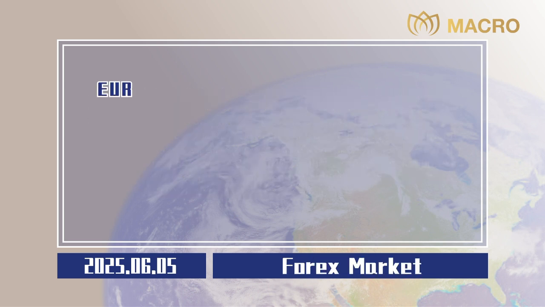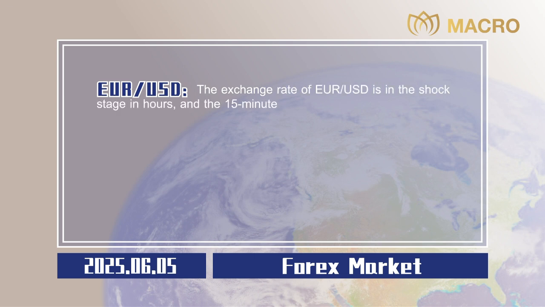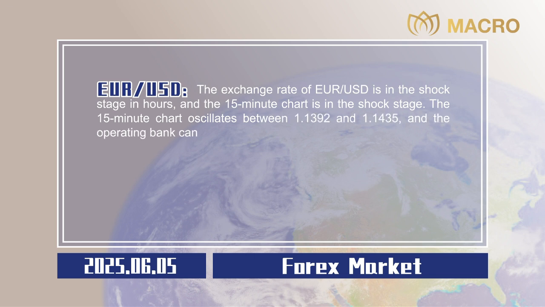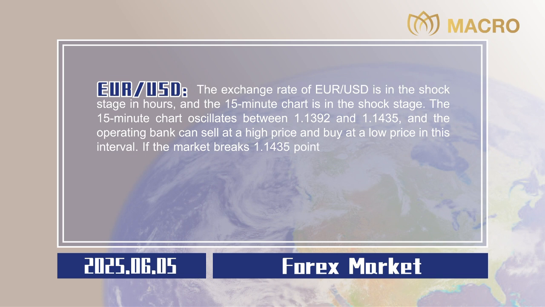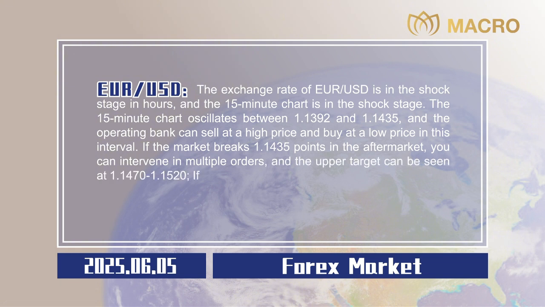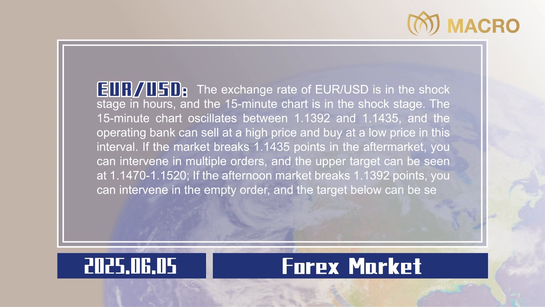Forex market. Euro to US dollar. The exchange rate of euro to US dollar is in the shock stage in hours, and the 15-minute chart is in the shock stage. The 15-minute chart oscillates between 1.1392 and 1.1435, and the operating range can sell at a high price and buy at a low price in this interval. If the market breaks 1.1435 points in the aftermarket, you can intervene in multiple orders, and the upper target can be seen at 1.1470 to 1.1520. If the afternoon market breaks 1.1392 points, you can intervene in the empty order, and the target below can be seen at 1.1330 to 1.1280. Stop losses are all 20 points,